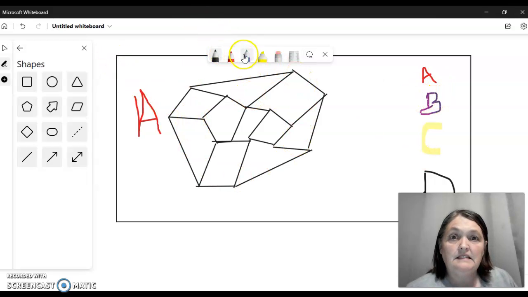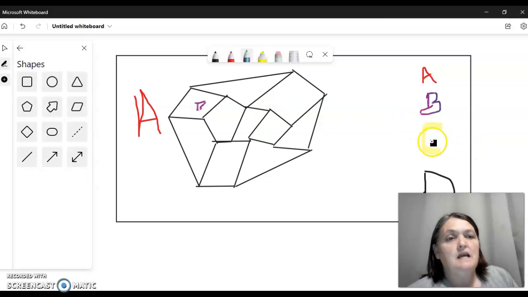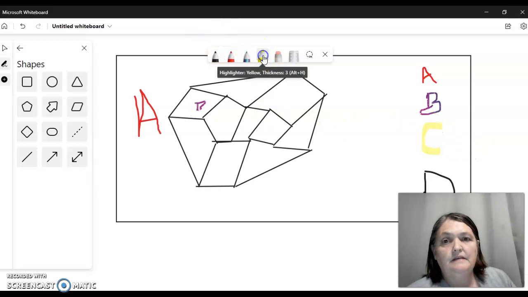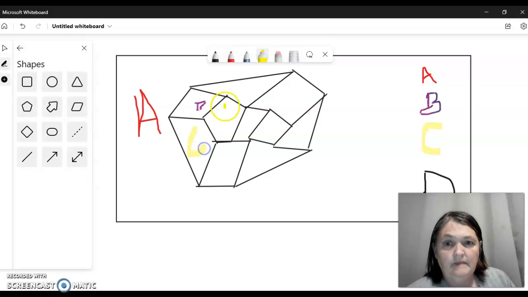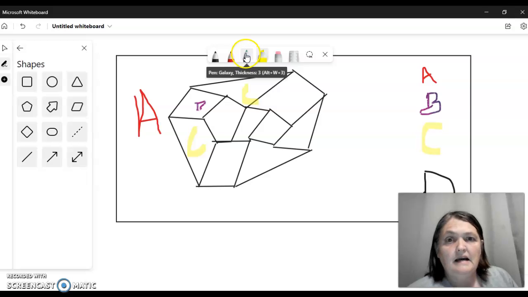Okay, so let's say that we make this one B. Then if that's B, that's A. A can't be any of these, so this could be C, which means this could be C. All right, well, if that's C, this could be, why is that a different color? B. This could be B, or,